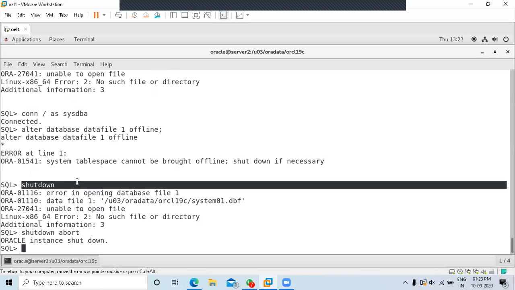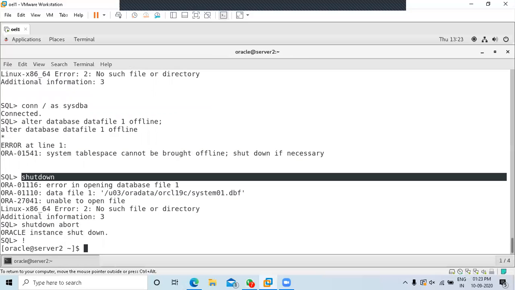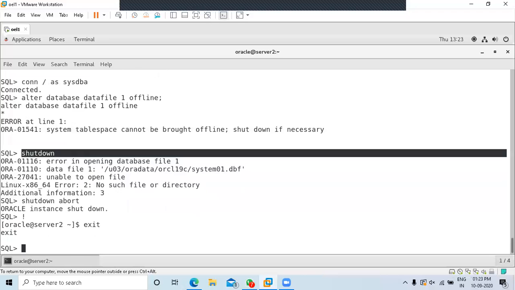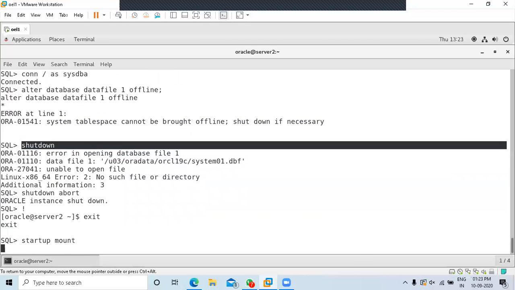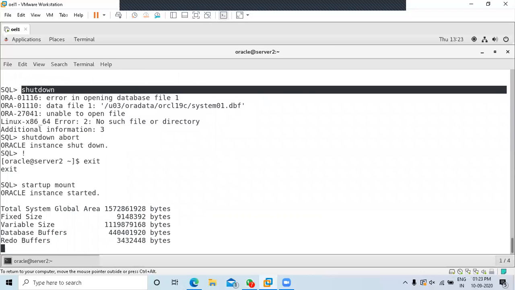Once you have done shutdown abort, the next thing you do is go and restore your backup. Let's try. There's no create system data file. Let's say I write startup mount. Let's see if it's possible to recreate system.dbf.